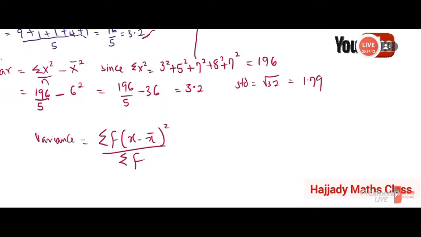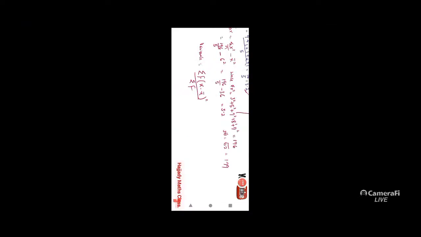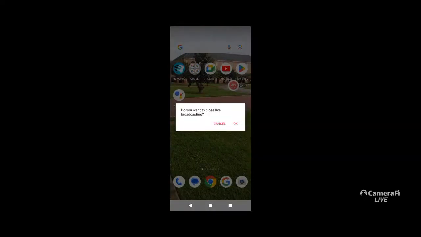So you can use this to solve this as a classwork and put the answer in the comment section, such that when you have x and we have f, we have 0, 1, 2,